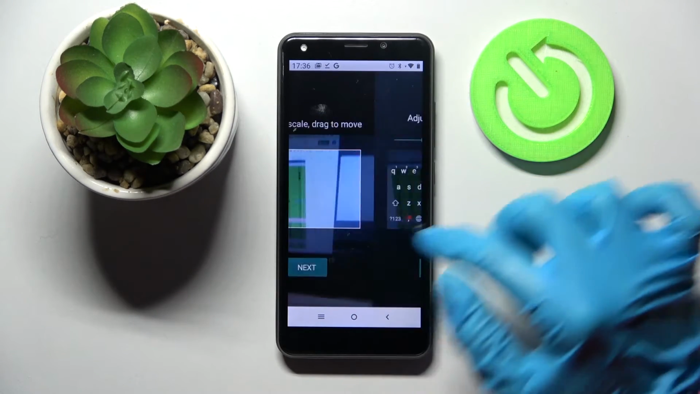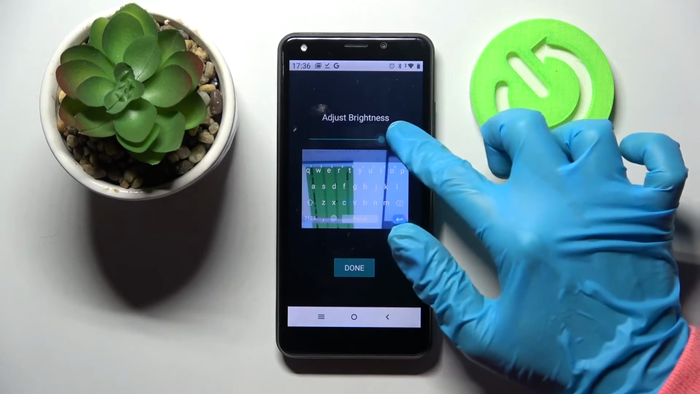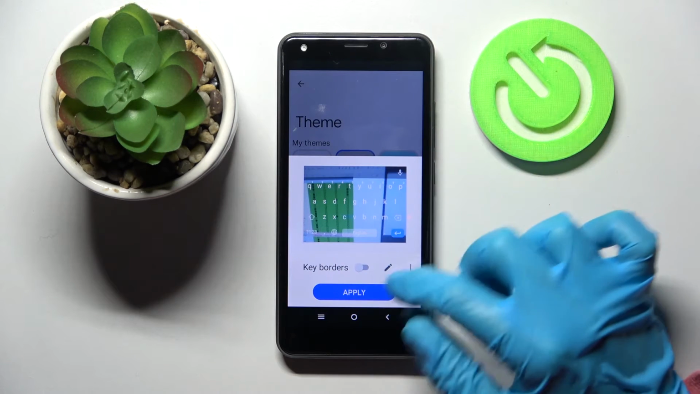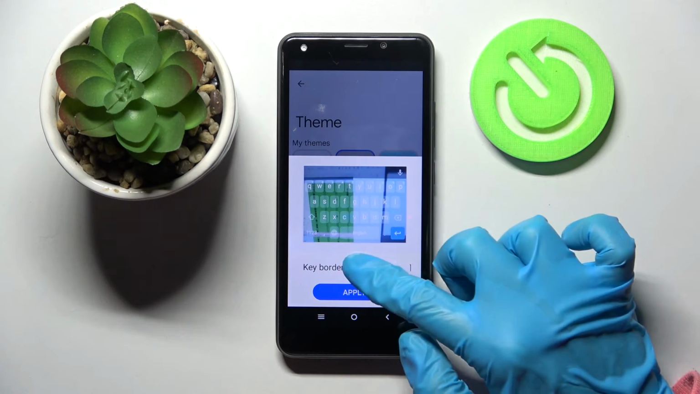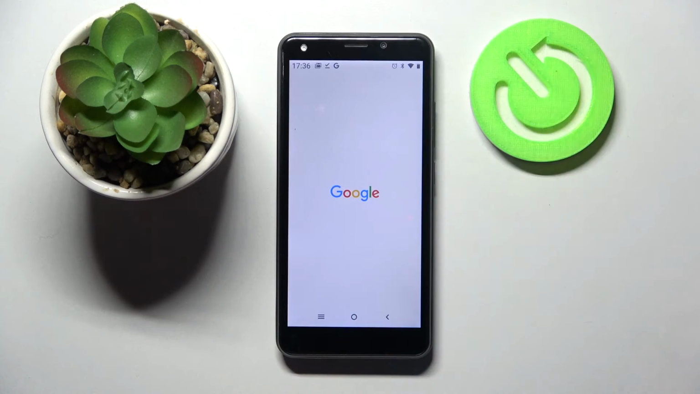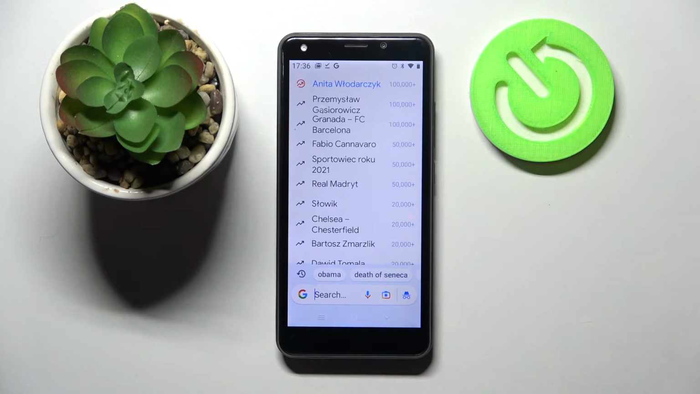When you're ready, select Next and adjust brightness by swiping left or right. After that, tap on Done and choose Key Borders to enable or disable them. When you're ready, just apply, go back, and now as you can see, the theme of my keyboard was successfully customized